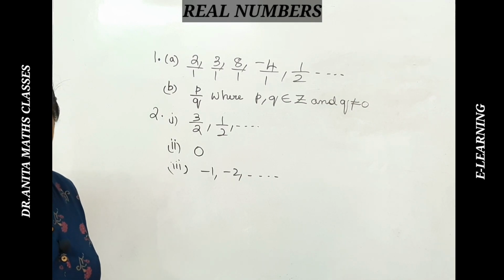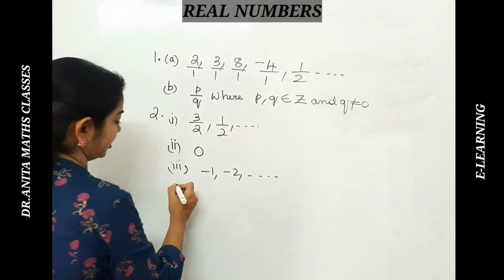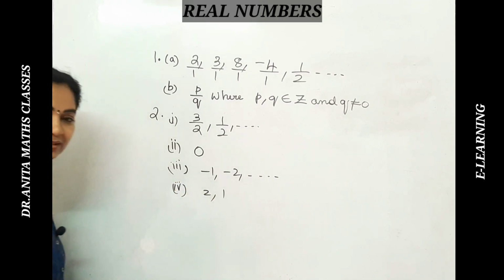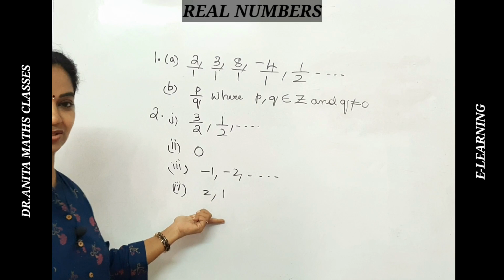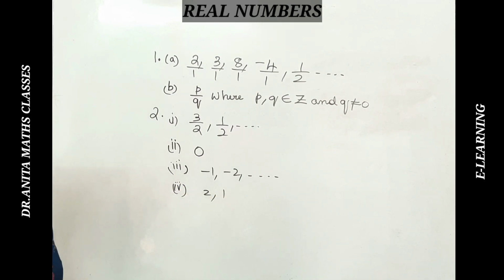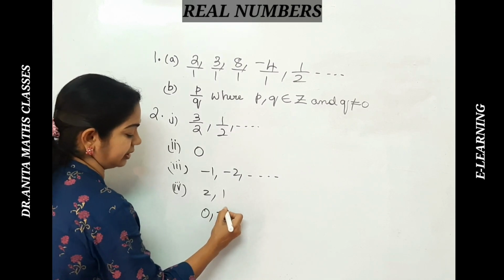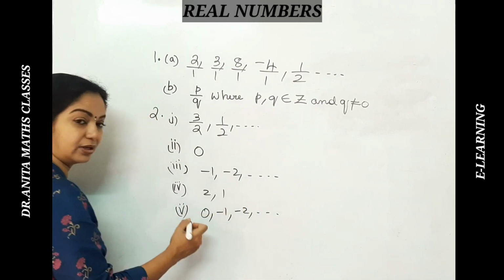Next, a number which is a natural number, whole number, integer and rational number. It should satisfy all. That means you can write any positive numbers, like 2, 1. They are whole, natural, integers, everything. And also they are rational because of p by q. So if you write any positive integer, that is the answer. A number which is an integer but not a natural number: you can take 0 or negative numbers. These are integers but they are not natural.